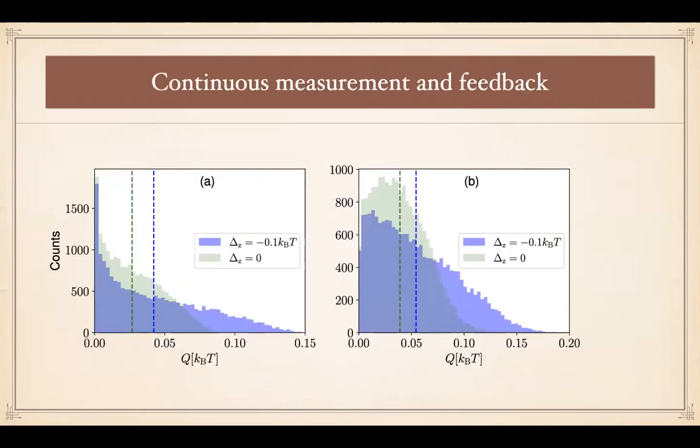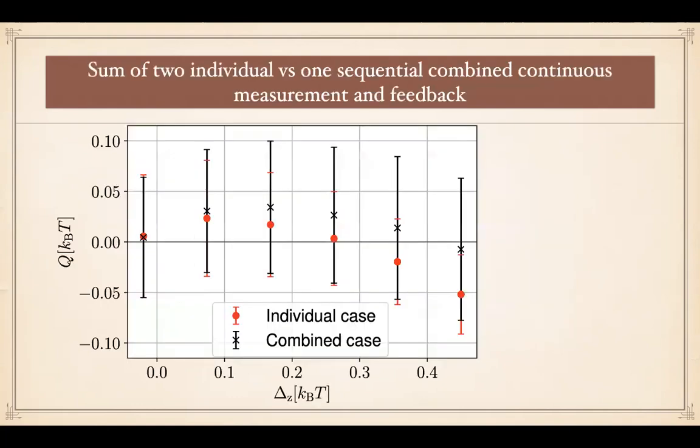So, then we also did the continuous measurement and feedback, and we studied heat extraction with the single qubit measurement, and this one is the combined measurement, and this is the single qubit measurement, for different values of delta G. You see for some values of delta G, we get better cooling even with continuous measurement. So the continuous measurement as well says that if you have coupling to another qubit, you get better heat extraction on average.